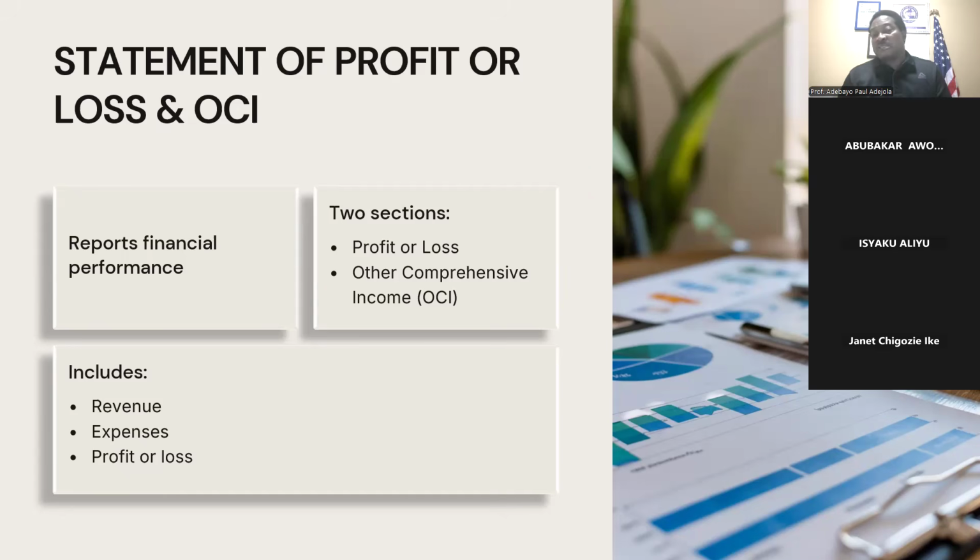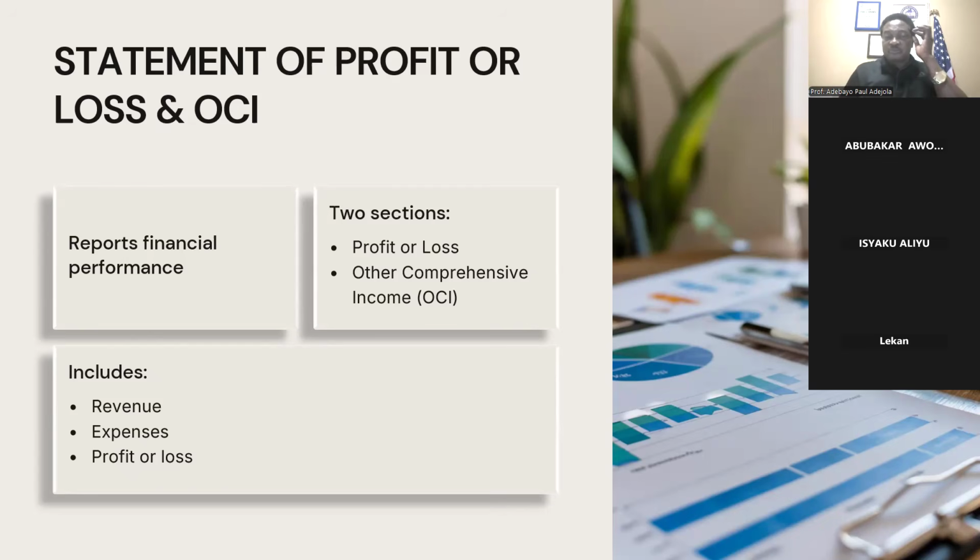income or expenses. So if I now add together the income or losses we incur from forex or from revaluation of asset, I add it to the profit for the period. Then we have what is called total comprehensive income for the year. In that case, we have what is called statement of profit or loss and other comprehensive income using the single